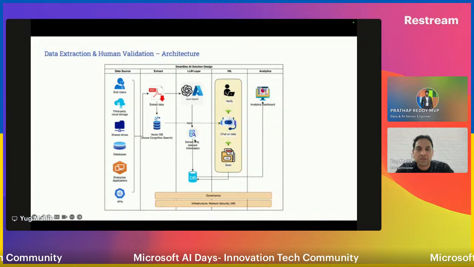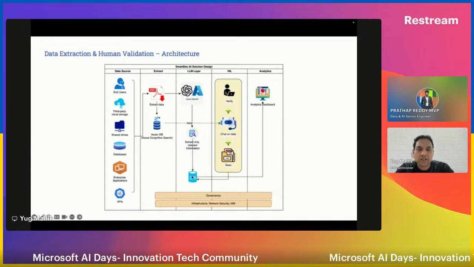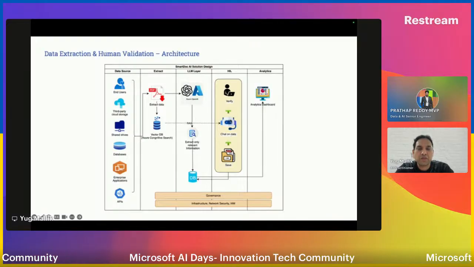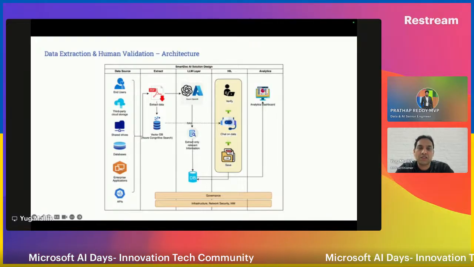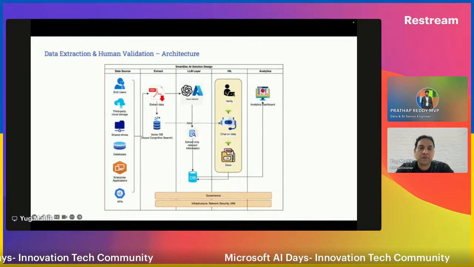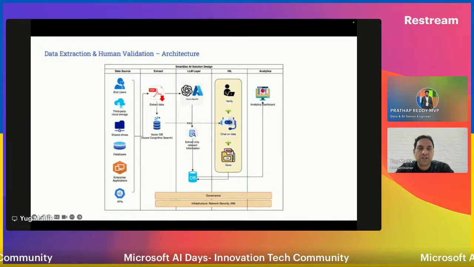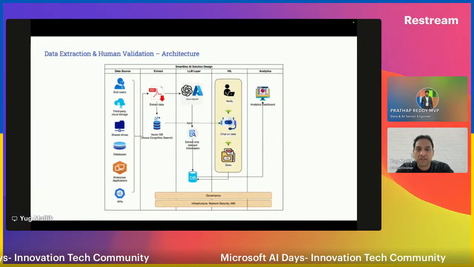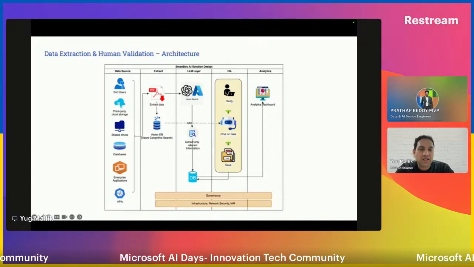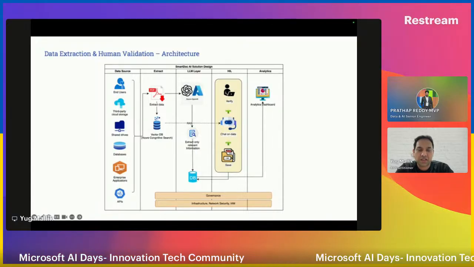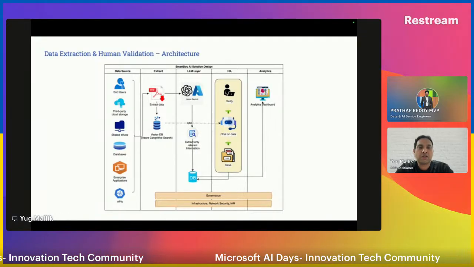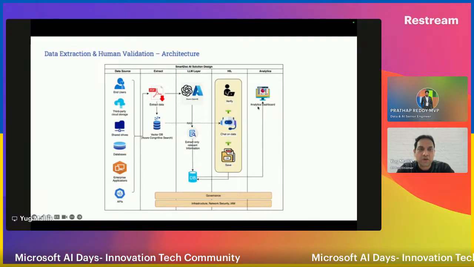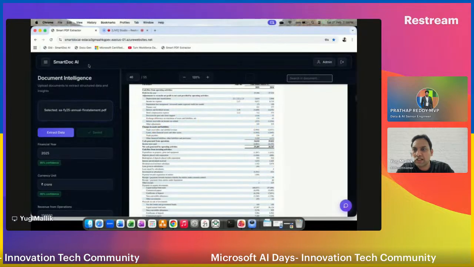But this data is also being displayed right here for the human in the loop. So this layer is the human in the loop, where we saw how the human agent can validate this information. Once it is validated, it can have a Q&A through the chatbot that we saw. And if everything looks good, it can save the data in the system for the downstream application to use. Okay, so I'll just quickly go back to the analytical dashboard.